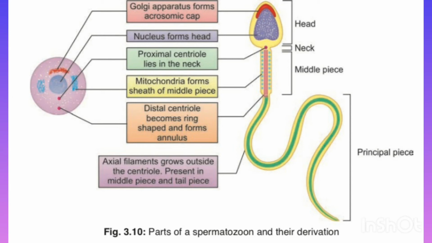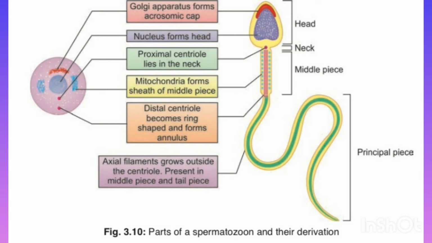Now the centrosome basically contains 2 centrioles. One is the proximal centriole and the other one is the distal centriole. The proximal centriole is the one that gives rise to the axial filament, which is seen as the tail, and the distal centriole is the one that gives rise to the middle piece, that is the annulus portion, and forms a ring. Finally, the mitochondria form the middle part, that is, they form a spiral structure or a spiral sheath